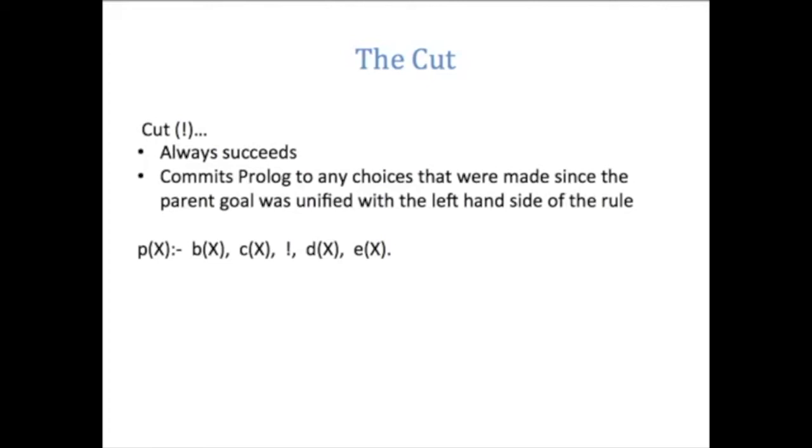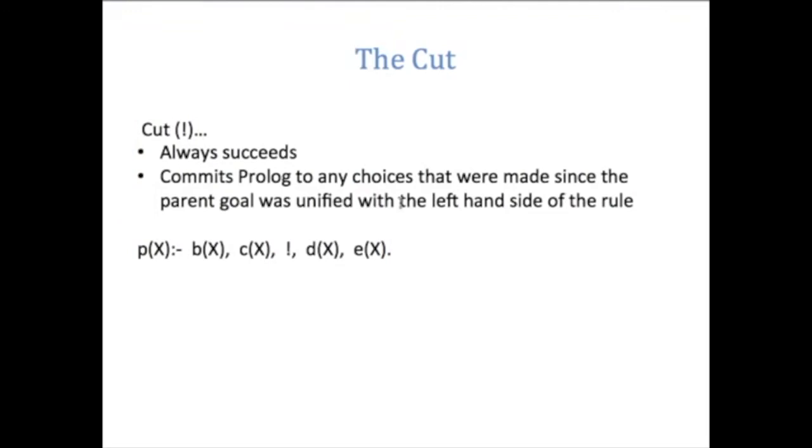Now, the thing to know about the cut is that as a term, when Prolog tries to interpret it, it always succeeds. But it has a special property. It commits Prolog to any choices that were made since the parent goal was unified with the left-hand side of the rule. So let's say that some parent goal, p of x, where x has some value, is now unified with this expression with p of x, and is trying to prove p of x, with x unified with that value. Well, if b of x fails, or c of x fails, it'll